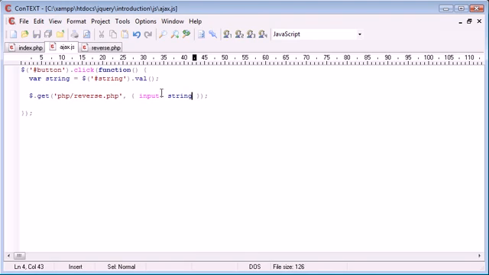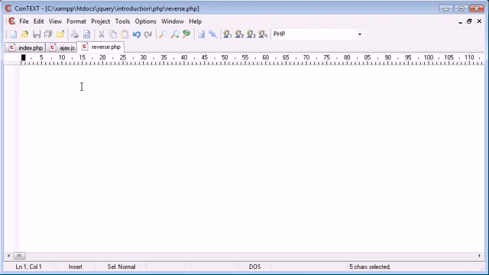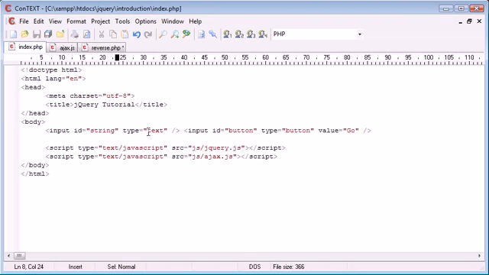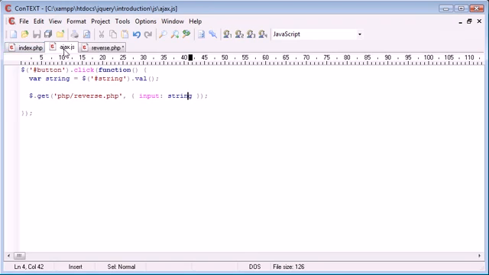Now this might look a bit odd. Essentially this input here is what we would use in PHP to grab this. So input is the name of the variable that we've sent, and string is obviously the variable we created earlier with the string data from this text field. So now that we've done that,